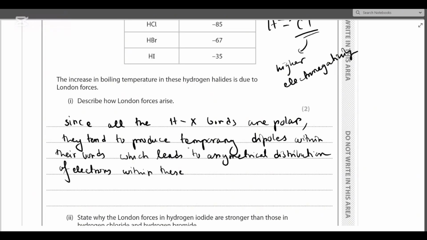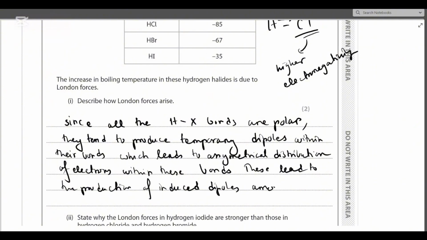So we can say that within these bonds, these lead to the production of induced dipoles among other molecules containing the